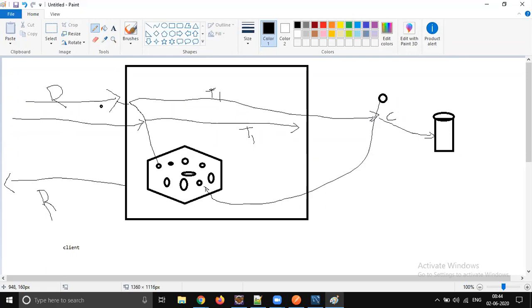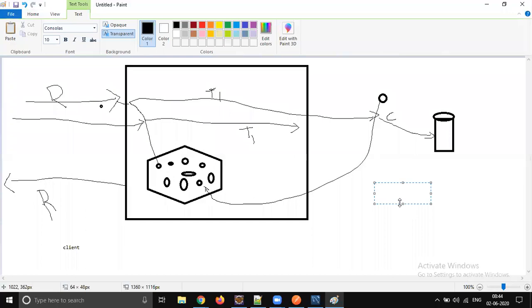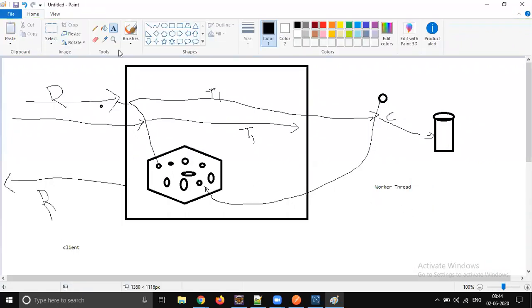This is the framework managed thread pool. There is no guarantee that only when there is exactly blocking will it be executed by a separate thread. When there is blocking, the worker thread will come into the picture. If there is no blocking, then the main server thread itself will take care of it.